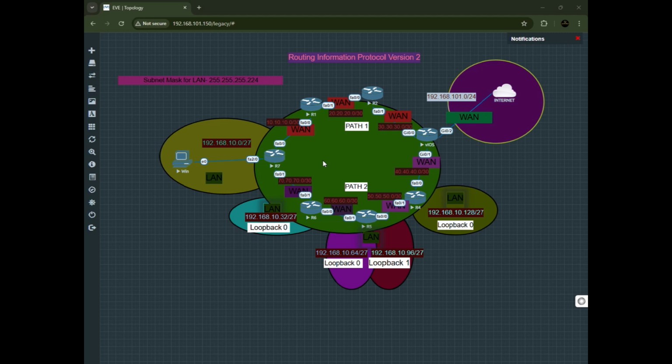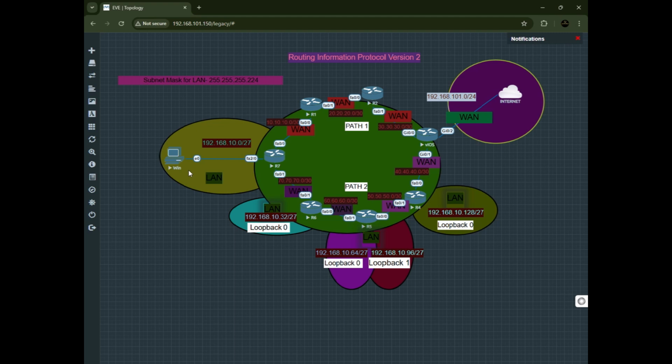The difference is just that in today's lab we will be bringing in the internet, so that you will see the PC that is located on this network segment send the packet across and touch the internet. So what do we have here on this lab? As you can see,